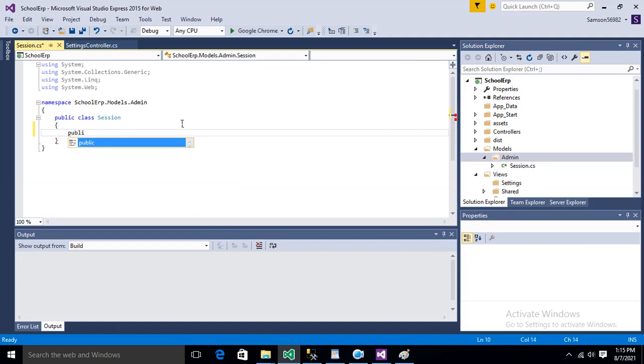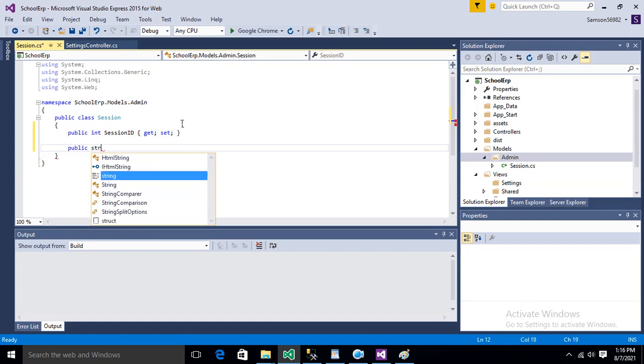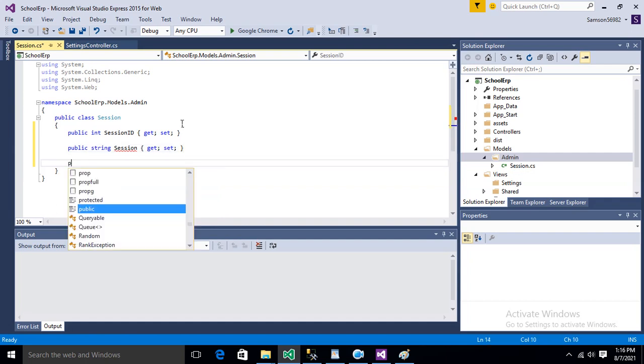So this is public int SectionID. Yes, I'm creating a class for section right now. Then public string, this is going to be a string, section itself, get, and public,